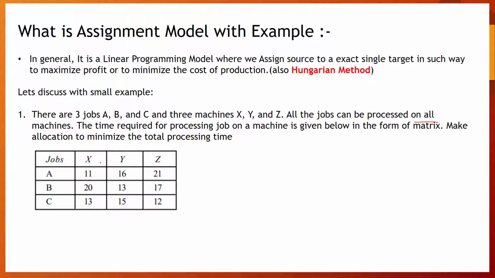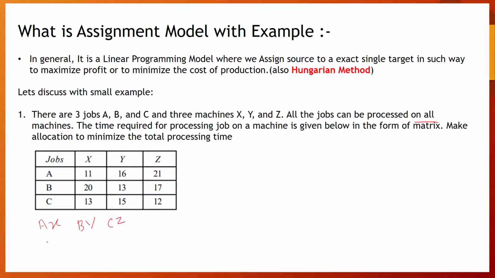There are different possibilities. Let me consider assigning A to X, B to Y and C to Z.